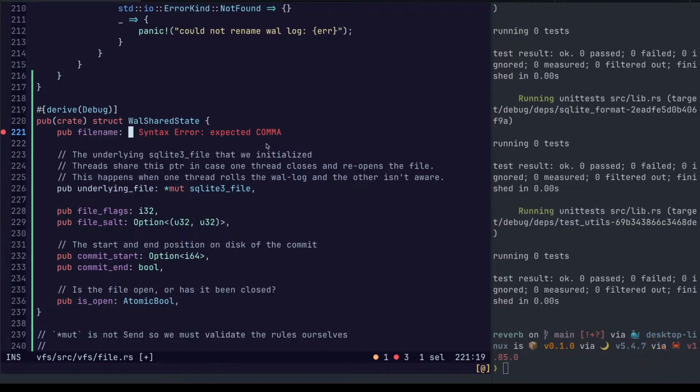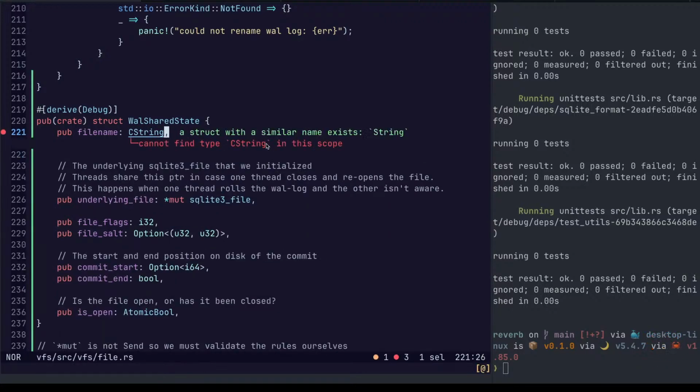File name, and this would be owned, so we'd have a C string.